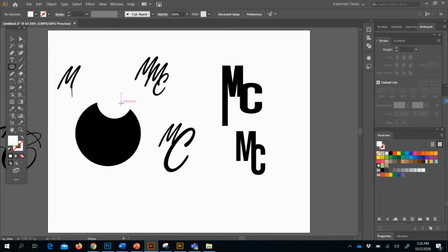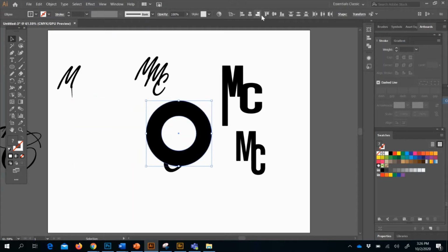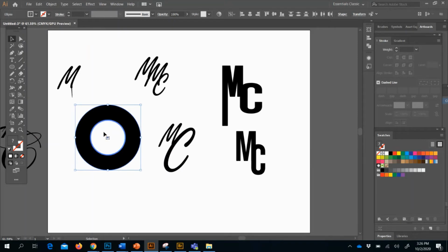Oops. Undo that. I'm going to go in my arrow tool. Like you could center this. Remember, if you grab them both, you can go to this alignment feature. Oh, it's aligning it to the artboard. I want to align it to the shape selection. So I'm just aligning the circle in the middle of the circle. You could do something like that. But